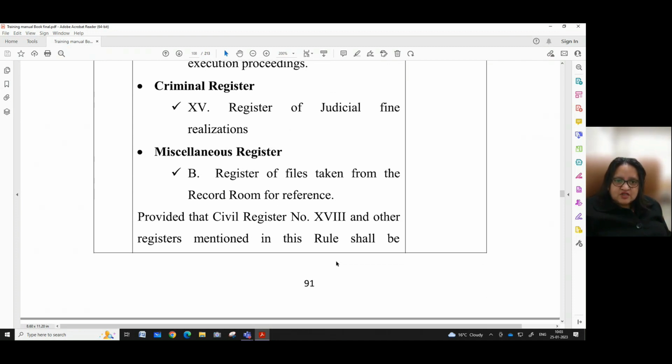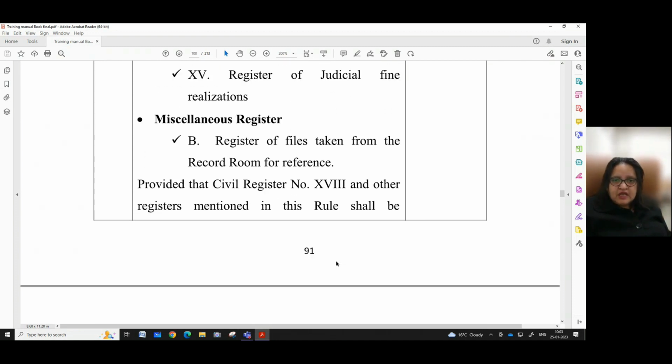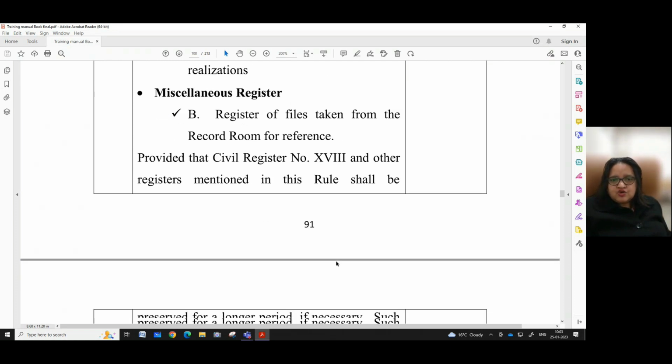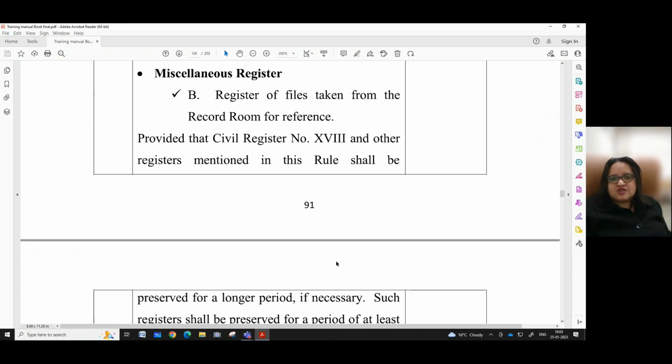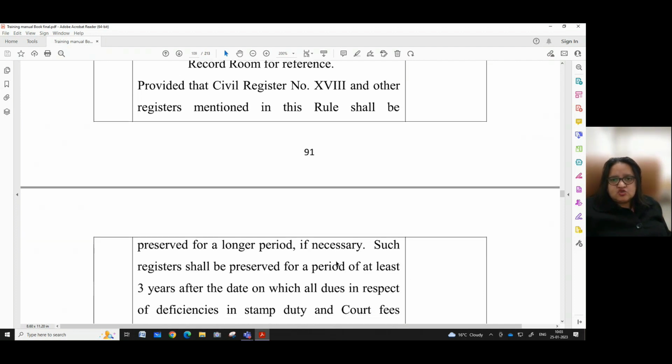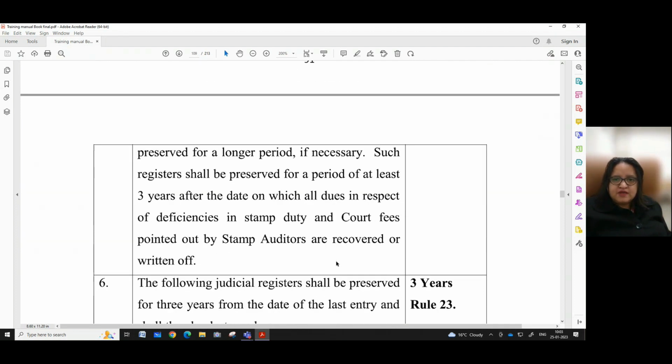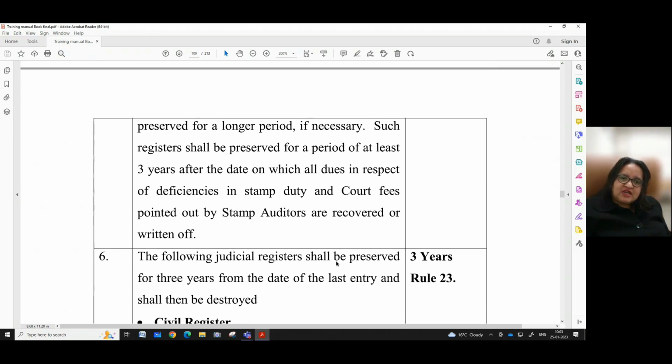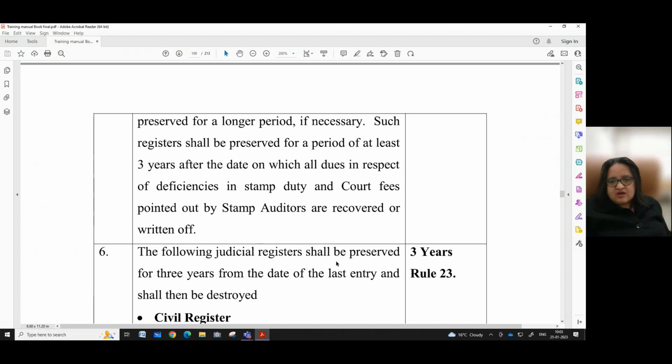register number 25 of judicial fine and realization, miscellaneous register number B of files taken from the record room for reference, provided the register number 20 and other registers mentioned in this rule shall be preserved for a longer period if necessary. Such registers shall be preserved for a period of at least 3 years after the date on which all dues in respect of the deficiencies in stamp duty and court fees pointed out by the stamp auditors are recovered or